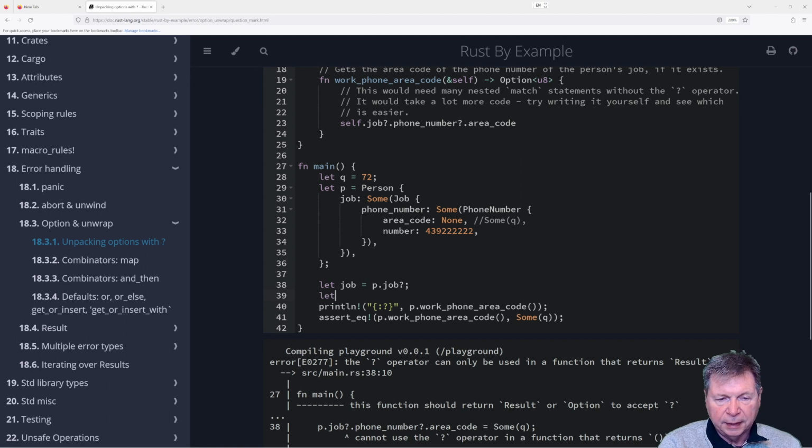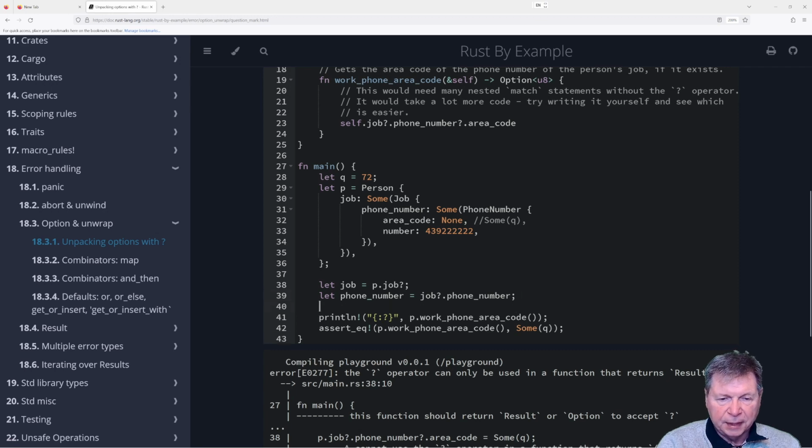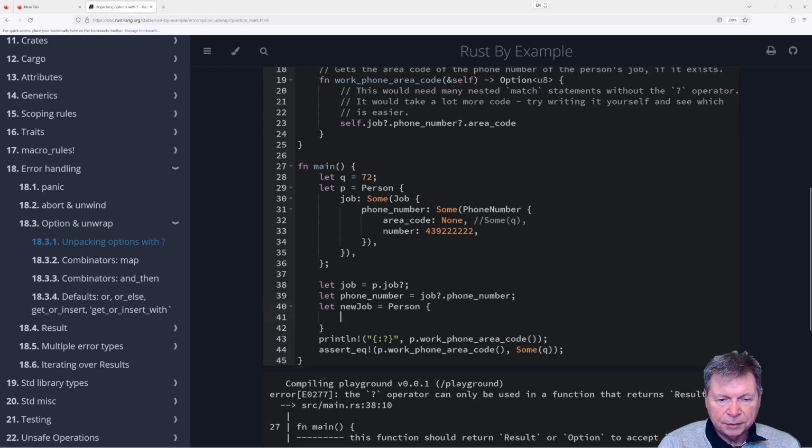And then let phone number equals p dot or job dot phone number, and then we can say let new job equals person, curly brackets, job colon some job,